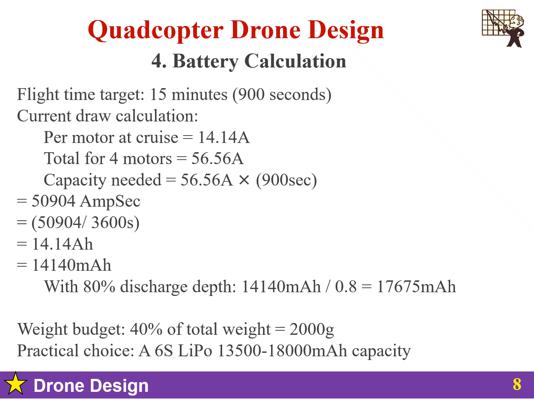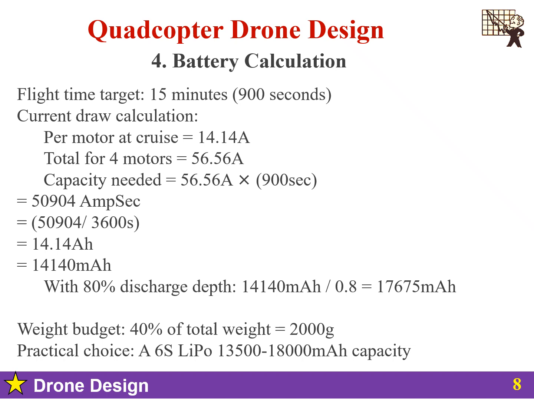Why? Because power requirements scale unfavorably and maintaining long flight times would require prohibitively heavy batteries. The current drawn per motor at cruise is equal to 14.14 amperes. Total for 4 motors is equal to 56.56 amperes. So for 900 seconds it would be 56.56 amperes times 900 seconds, that is 50,904 ampere seconds. Converting it, 50,904 divided by 3,600, that is 14.14 ampere hours,